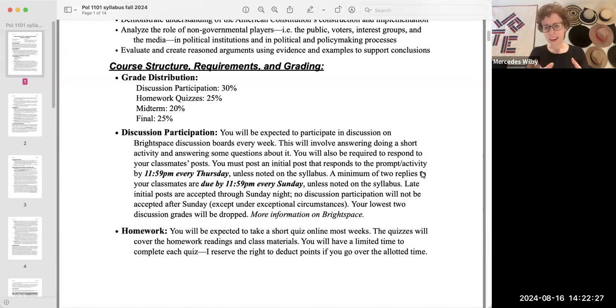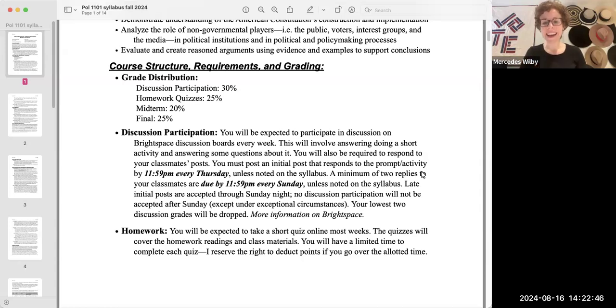When you respond to your classmates, a great way to show me you're looking at other information is to respond to classmates who looked at a different question. Typically, when I give the activity, I will ask multiple questions. You don't have to answer all of them. It's not always the case, but it is often the case that there'll be a choice of questions,